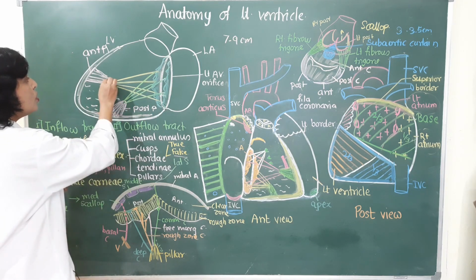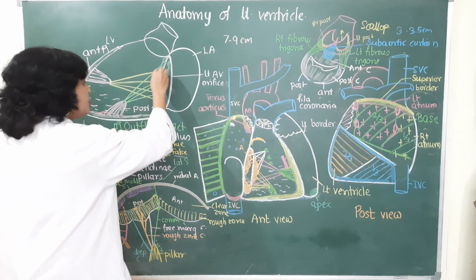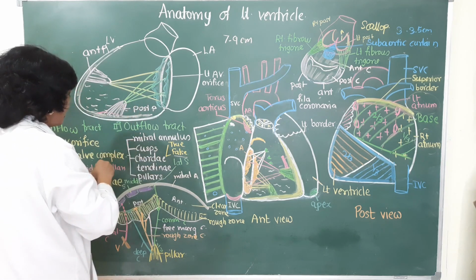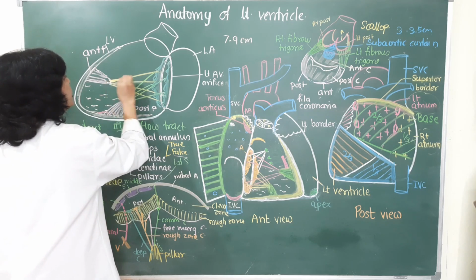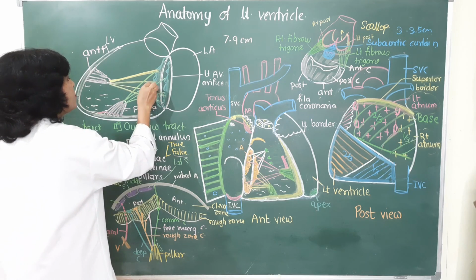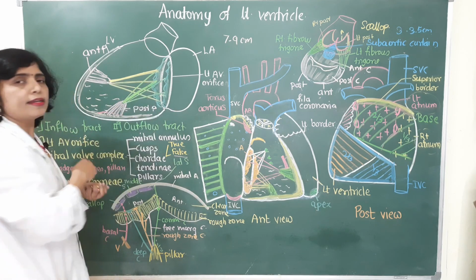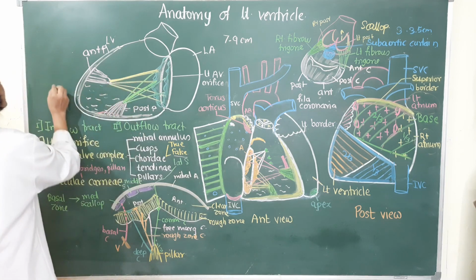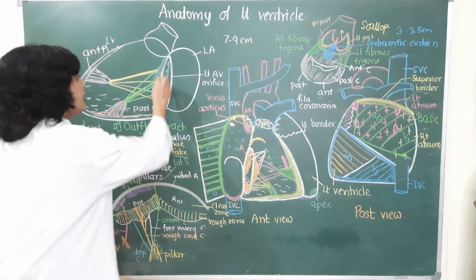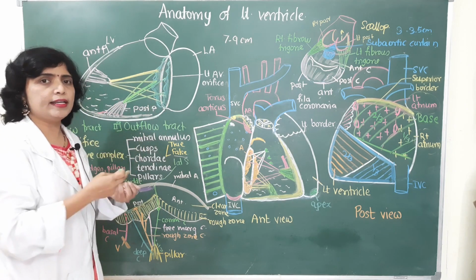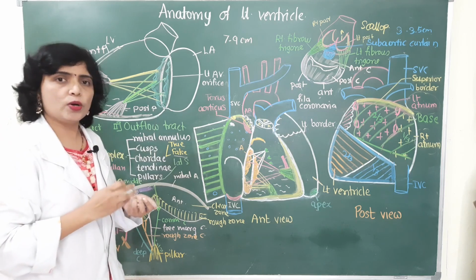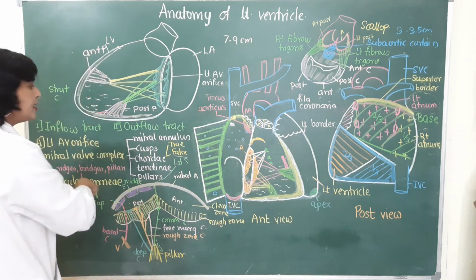One of the rough zone chordae tendineae attached to the anterior cusp is very thick and strong. That chordae tendineae extends from the anterior papillary muscle to the anterior leaflet, and one more extends from the posterior papillary muscle to the anterior leaflet. These are called the strut chordae, as they are strong and help in the proper anchorage of the anterior leaflet during contraction of the left ventricle and closure of the left atrioventricular orifice. So that is about the inflow tract.